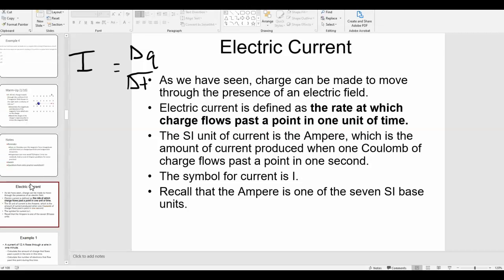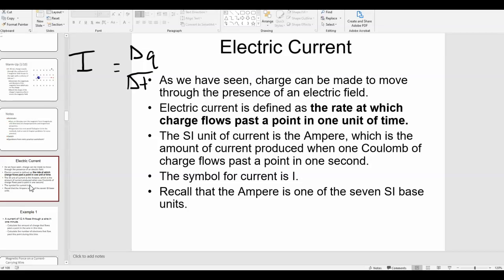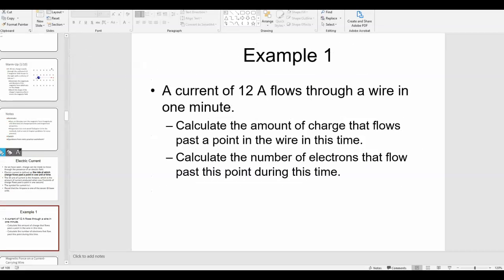Okay, so keeping that in mind, when we talk about current, by definition, we are talking about moving charge. And just to give you a really simple example with this calculation, let's say we have a current of 12 ampere. The unit for current, by the way, is ampere. That is a capital A because it's named after a guy whose name was Ampere. And so let's say we're told a current of 12 ampere flows through a wire in 1 minute. Okay, so in writing down my variables, I would write down I equals 12 ampere, and my time is 1 minute, and of course 1 ampere is 1 coulomb per second,